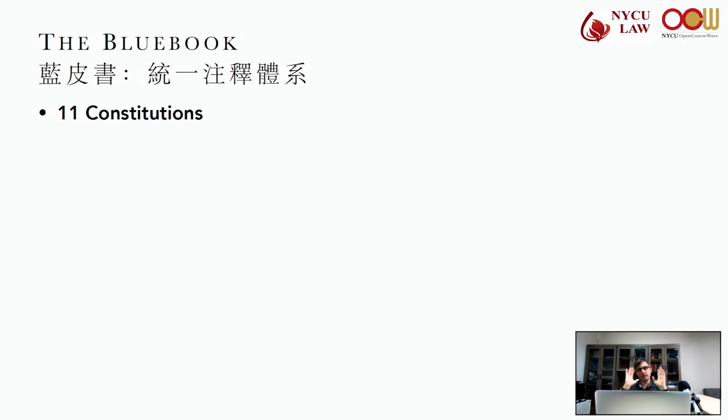Now we're referring to Article 2, Section 2. So for constitutions, we don't use a short citation form other than using id. And for foreign constitutions, we're also going to check out Rule 20.4. But that's all we have for Rule 11, constitutions.